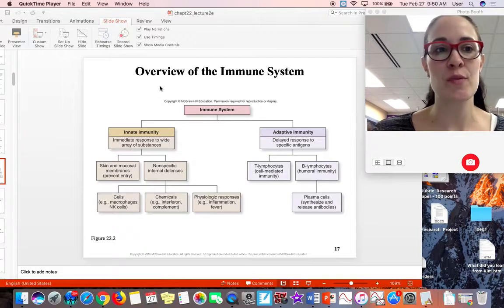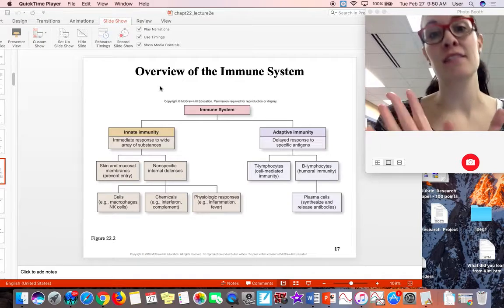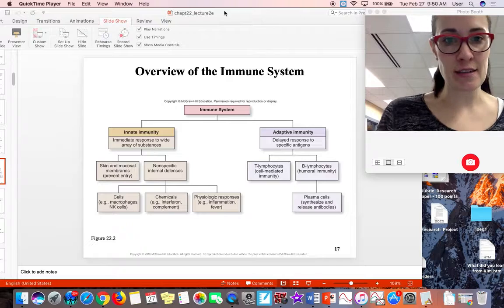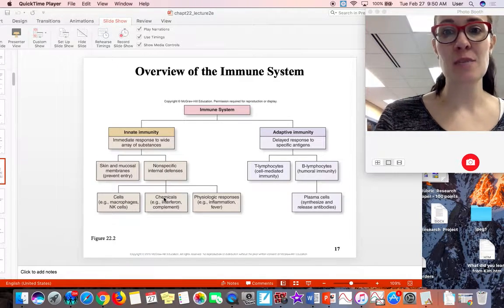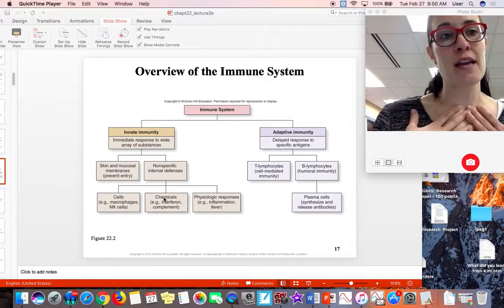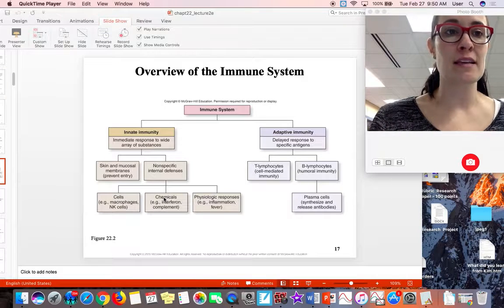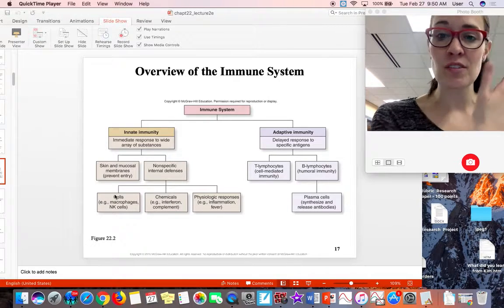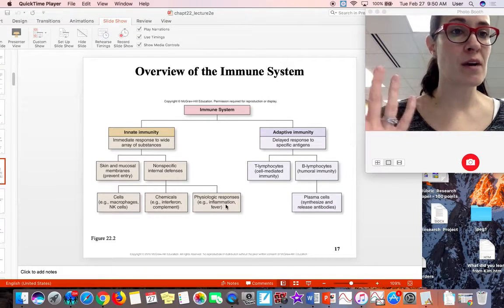Okay, so in this video, we're going to talk about the innate immune system in a little bit more detail. Before we begin, let's talk about the difference between innate and adaptive. Innate are the non-specific things that your body has to defend itself that responds immediately to different pathogens. And this includes your skin, your mucous membranes, different cells like macrophages, different chemicals, different physiologic responses like getting a